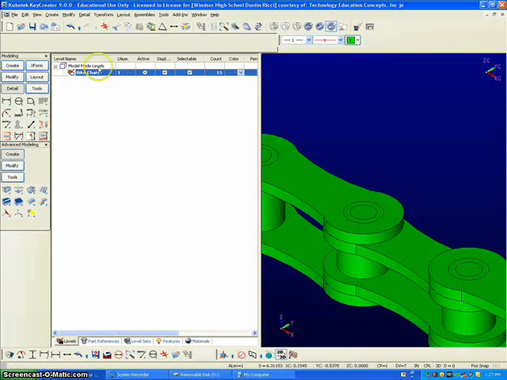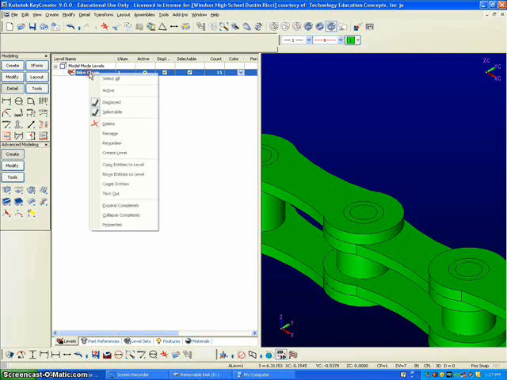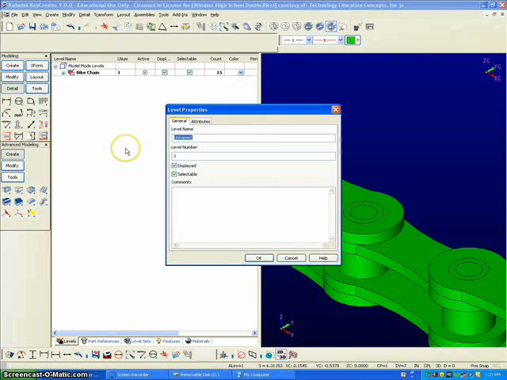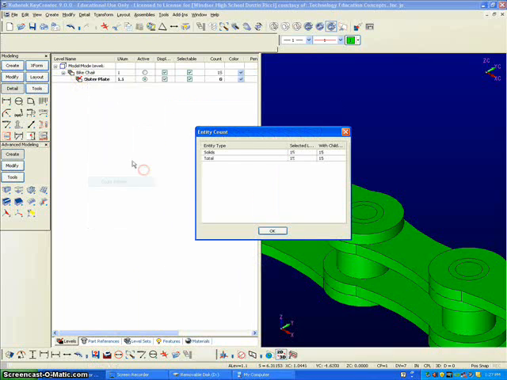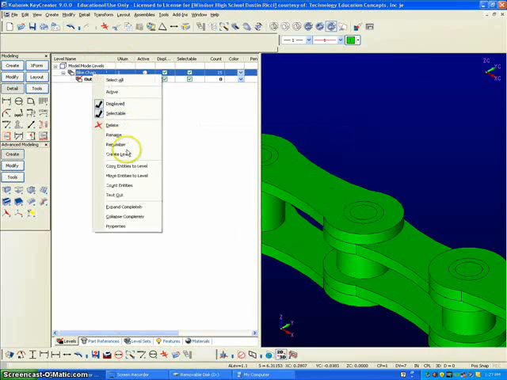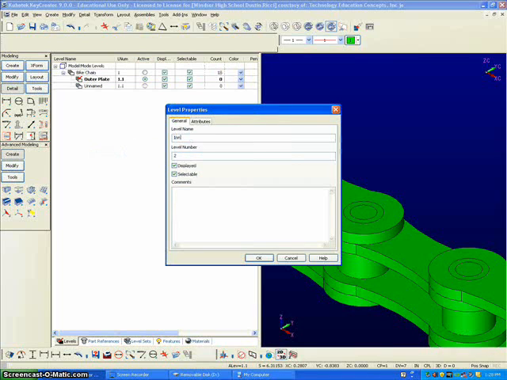Right click the level that we previously named bike chain, and go down to create level and click it, and this box will pop up. In this, we're going to label the other parts, the pieces of this bike chain, all inside of the bike chain level, so it's all together in the end and we can sort through it properly. So let's call this first one outer plate. First level, outer plate, and we do this again. Here we are, inner plate,